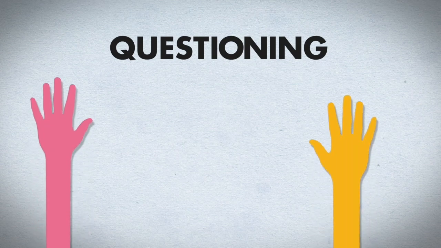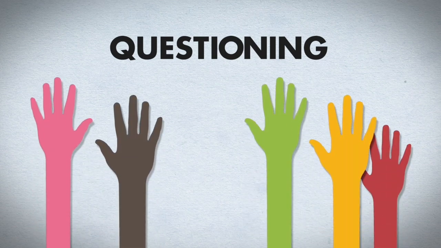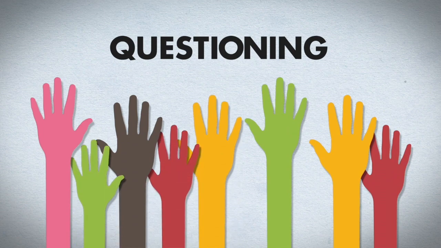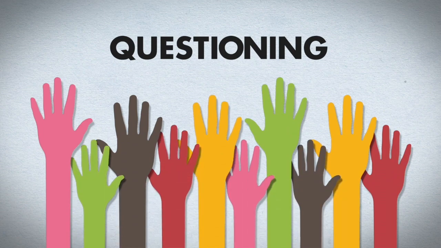The way that a teacher conducts questioning in the classroom is one of the things that contributes to a fixed mindset. For example, we're all familiar with that traditional teacher Q&A, in which the teacher asks a question and then the kids raise their hand and then the teacher continues to choose students until there's a right answer that's provided. This kind of questioning is going to reinforce a fixed mindset.